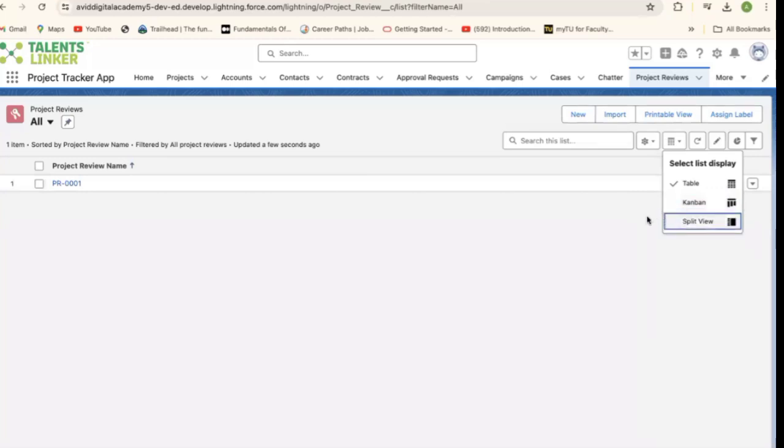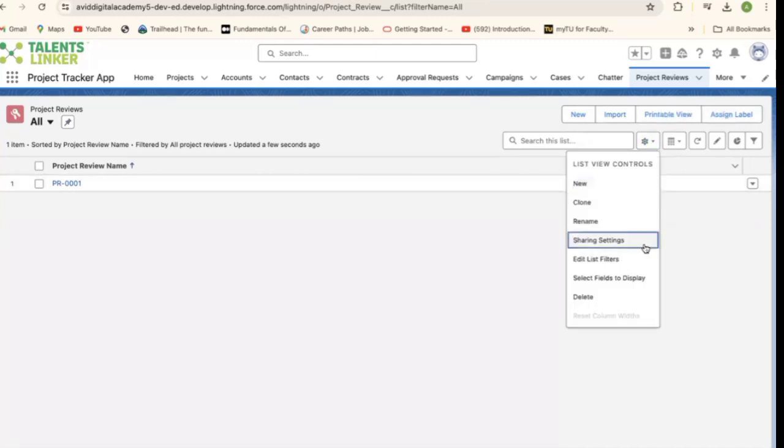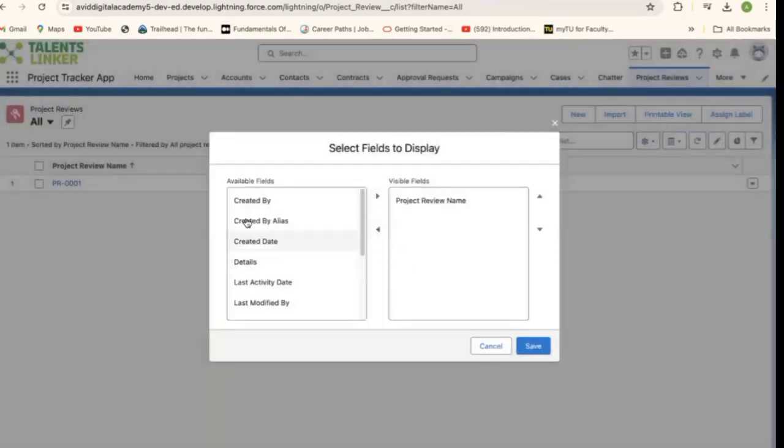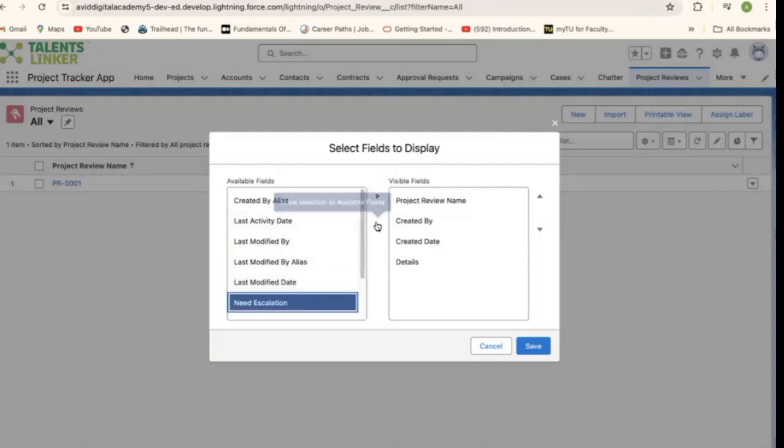These are different types of list view. We have Kanban, we have table, we have split view. But I'm going to be using this to add select fields to display. Let me select some fields. Now I want to add created by, this review is created by who, created dates. This is created, the details, then I want which other things. Then I want escalations to be available. I also want what is the project, so why we have project here, because